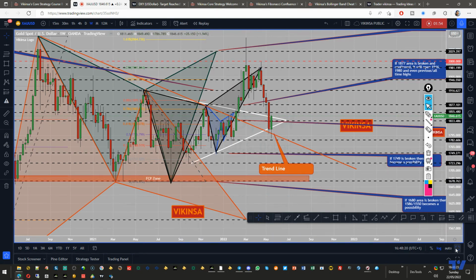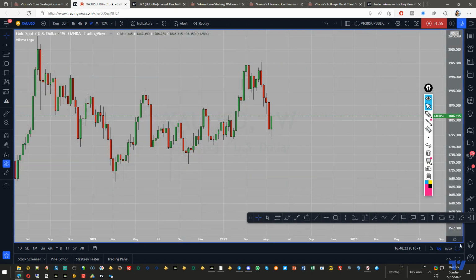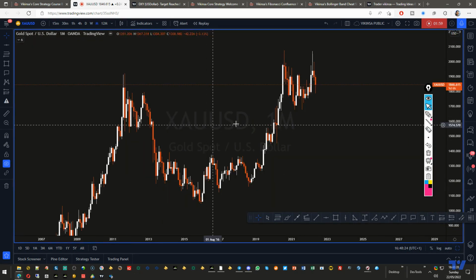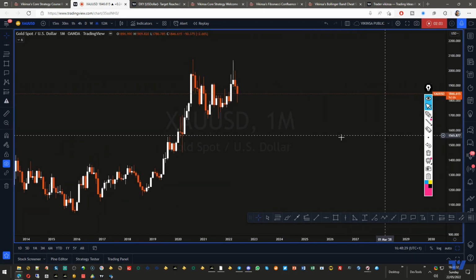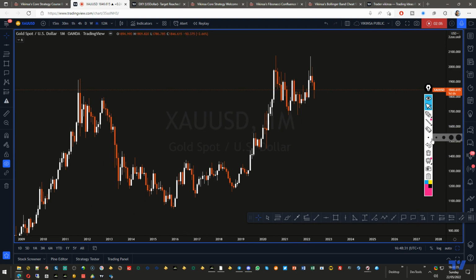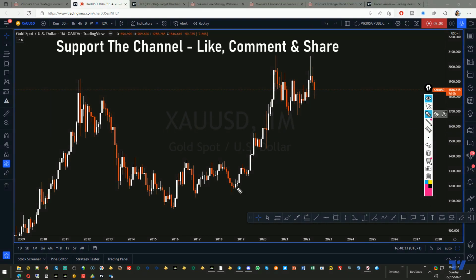We'll come to that, but let's go back to our higher time frame structure, and then we'll take it from there. So what we have is a W pattern here, and the market is falling because of that. And when a W pattern completes, the market falls. After that, we usually get a kind of M pattern here. So this can actually lead to an M pattern. But what we have is a midpoint here around 1680. So if 1680, which has already been tested twice or thrice, is broken, then we are looking for further downward movement into 1600 or even the 1500s.